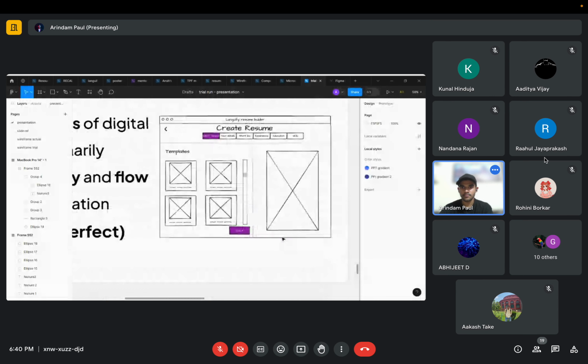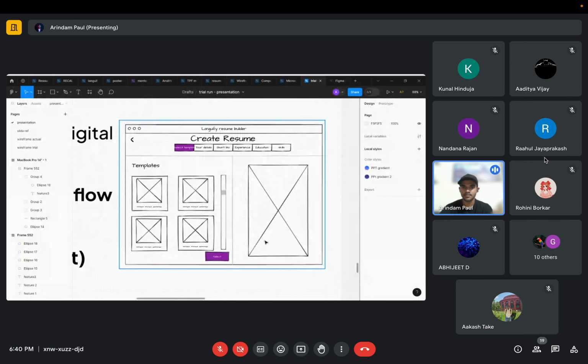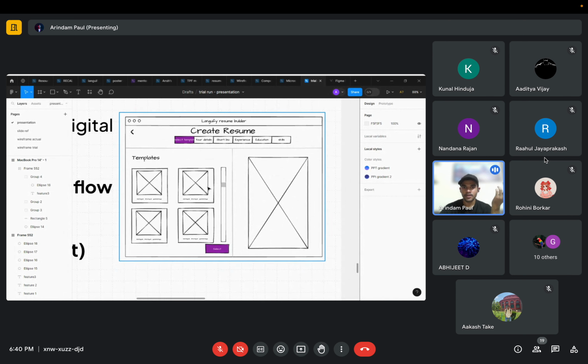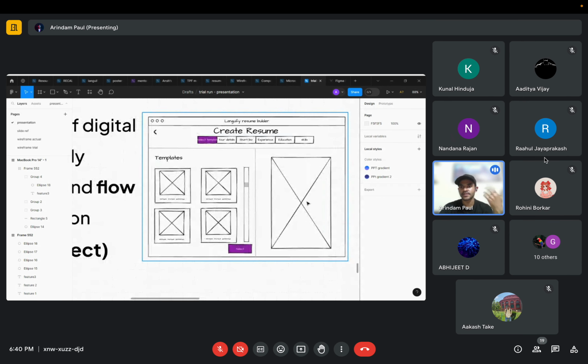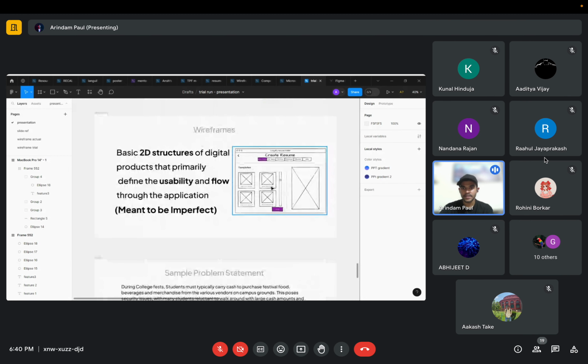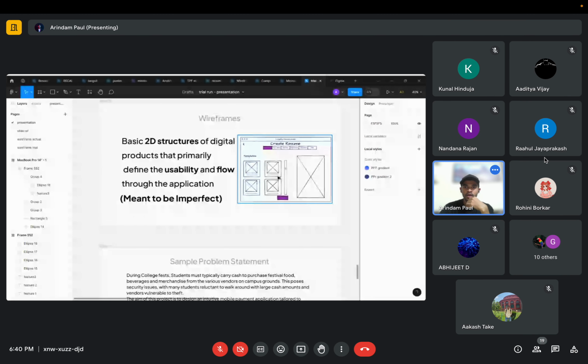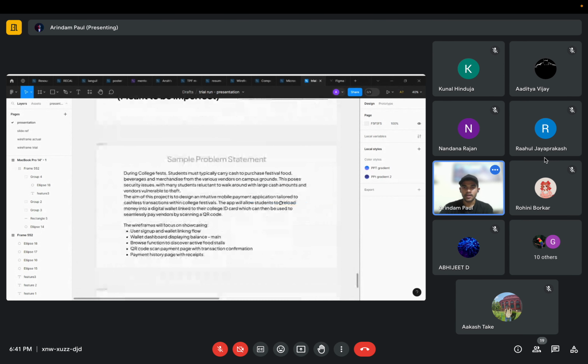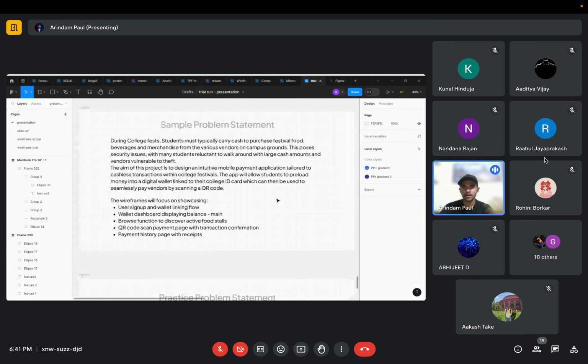A sample wireframe that we had done for a project was this one. All of these places that you can see are placeholders. These placeholders consist of certain images, or it can be a preview of a document or anything. So this is how it should basically be. Now, we define all the key features, we define the placeholders, and we define the basic flow that we should be having. Now, we'll try to make a wireframe